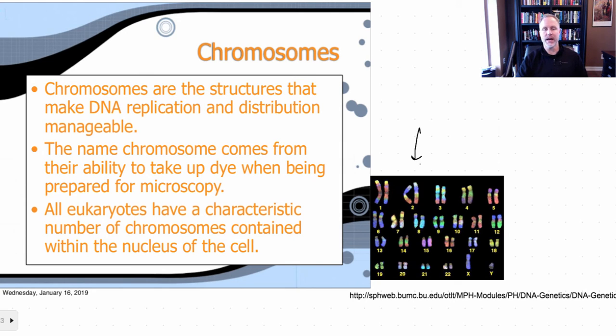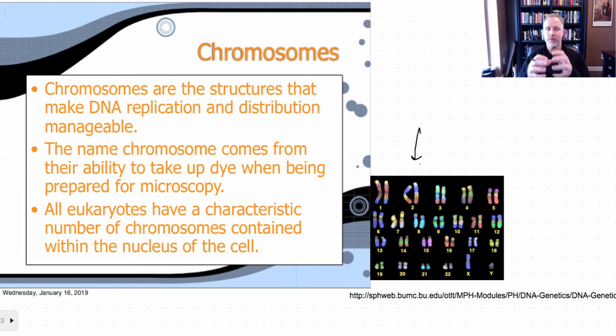And the chromosomes themselves, these structures are very diffuse during the cell cycle, but during cell division they condense down into structures that make the distribution from the parental cell into the two daughter cells much more manageable, because there's about 6 feet of DNA in each one of the cells, and it would just be like a bowl of spaghetti, more or less, if you were trying to separate that out evenly without condensing it down and organizing it somehow. It would be a mess and it would never work out. So what the eukaryotic cells do is make this genetic material much more manageable, in that it condenses down